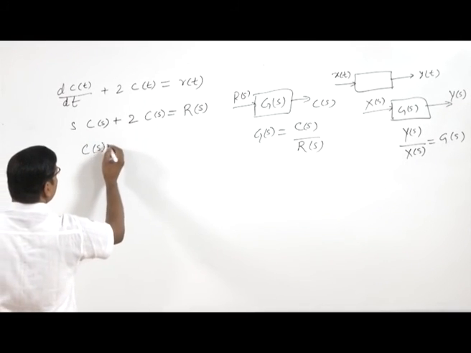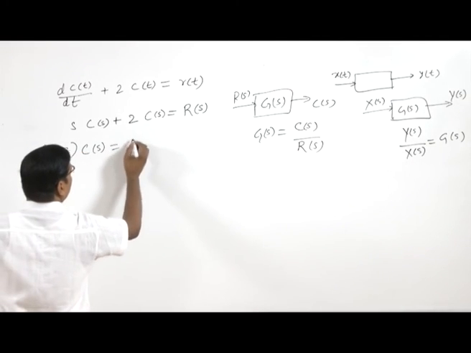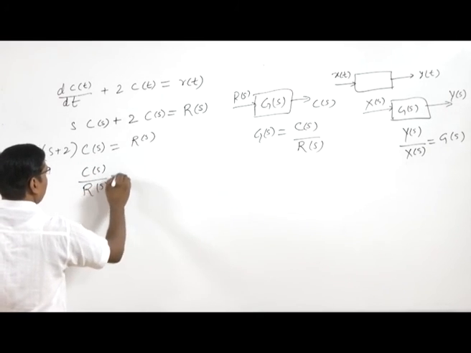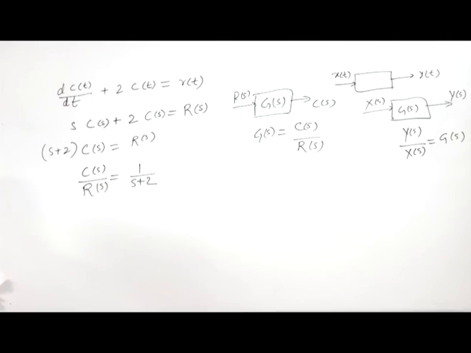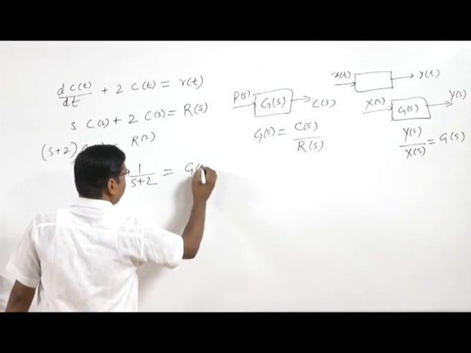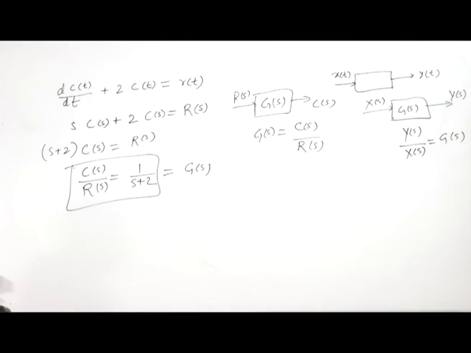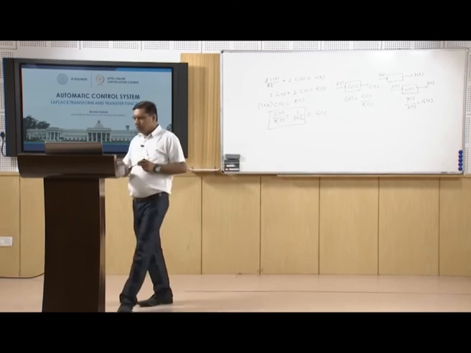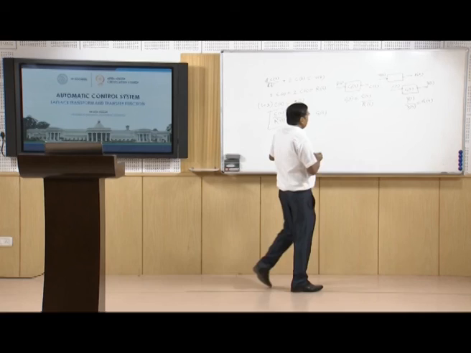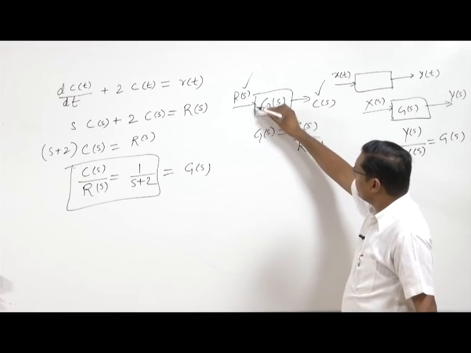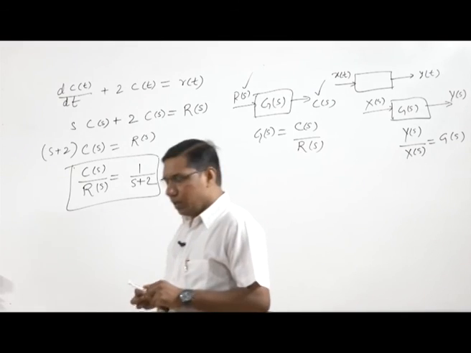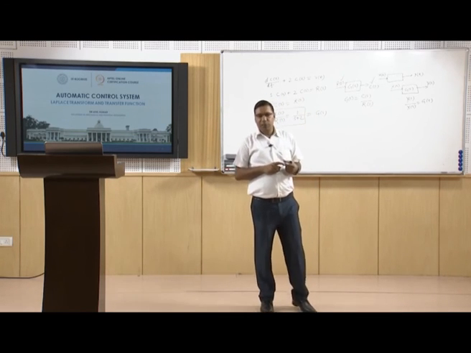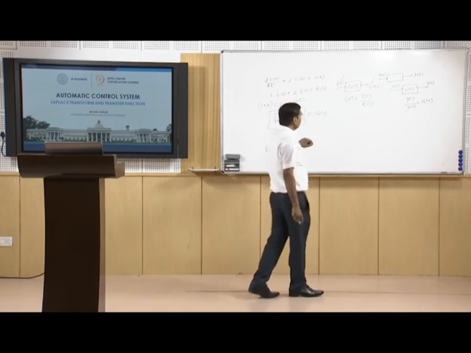So here we take C(s)(s plus 2) equal to R(s). So here C(s) by R(s) equal to 1 by s plus 2, and this is the transfer function G(s) of the system. So that is how we can find the transfer function of a differential equation. Now, there are some properties of the transfer function. You see, here is input, here is output, and this is the block. You know that this block represents the system, and this block is made of system parameters. It represents the system property. Therefore, the transfer function is a property of the system,